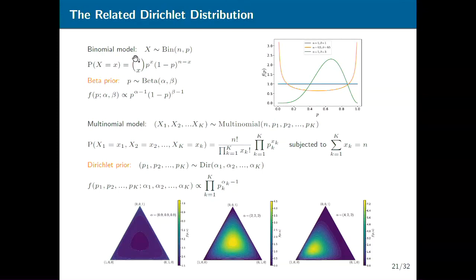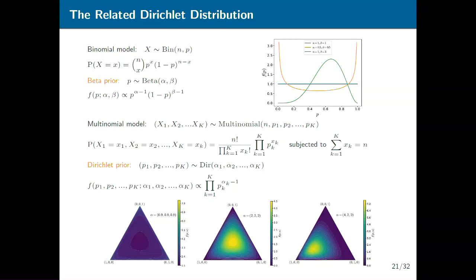But the multivariate generalization of the binomial is called the multinomial. If you look at your PMF over here, it looks basically like the binomial term over here, except with more terms in the products. The corresponding generalization of the beta is called the Dirichlet distribution, which now defines distributions over probability vectors. Its parameters here are the alphas. The diagram over here is the case when capital K is equal to 3, so you are sampling from the 2-simplex. And as you change the alpha values here, your density of sampling a different probability vector changes.